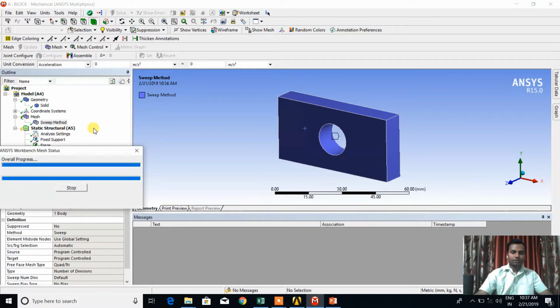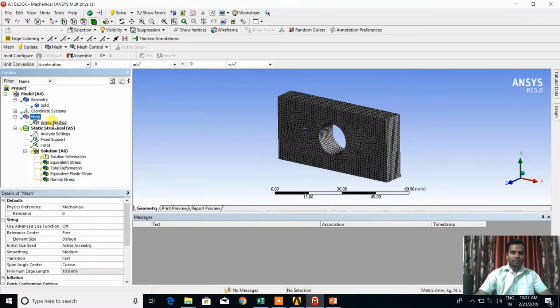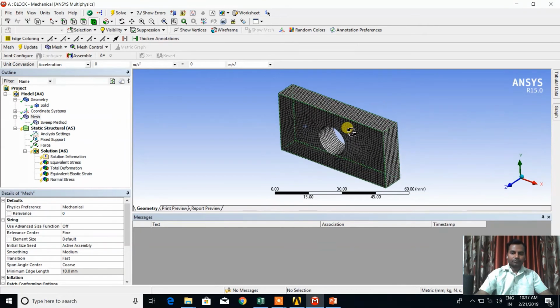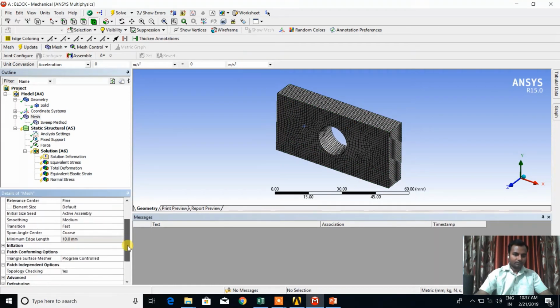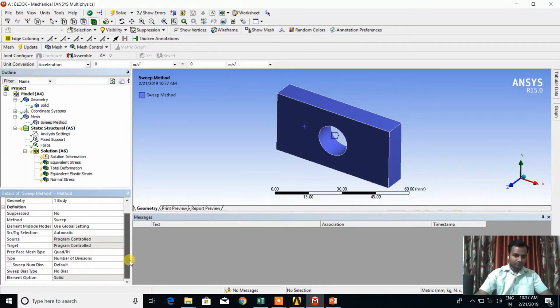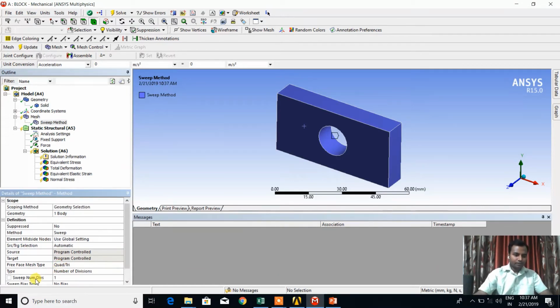In the sweep you can see all hexahedrals are there. In the sweep method, the default number of sweeps is taken as 0. If I take the sweep number as 1, then generate mesh.